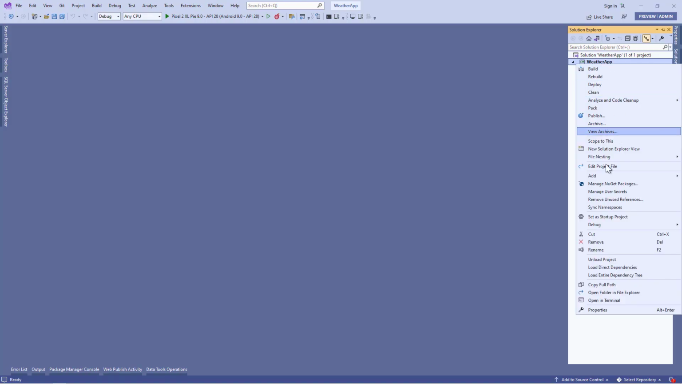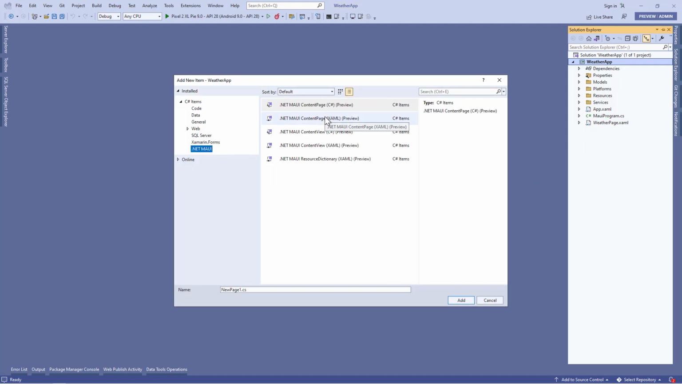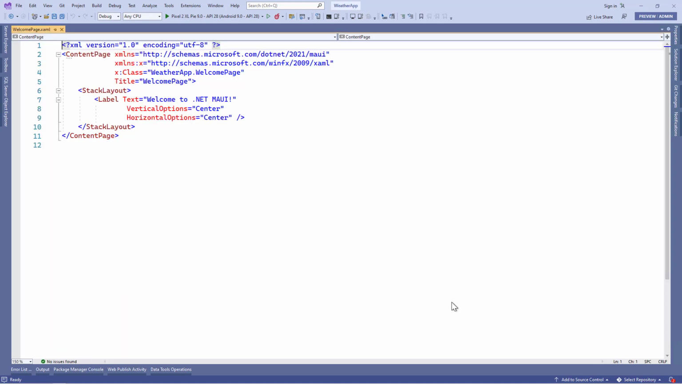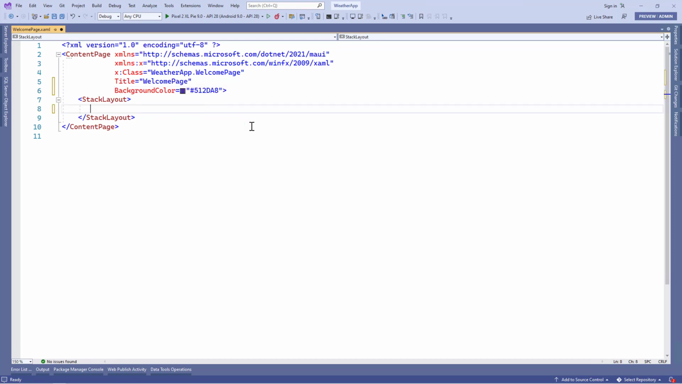So let's add a new content page in the .NET MAUI project, and we name it WelcomePage. Alright, in this page we're going to add a few controls. First of all, let's set the content page color. Then we'll add a stack layout, and in this stack layout we'll add one image, 3 labels and 1 button